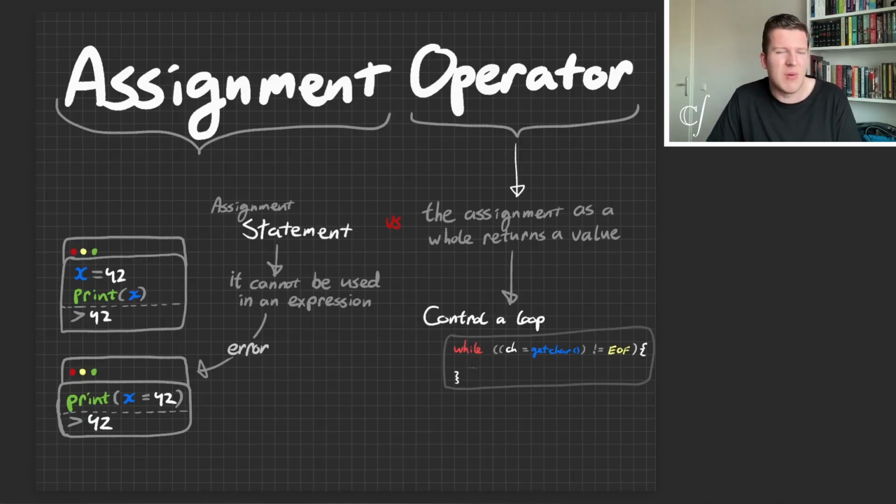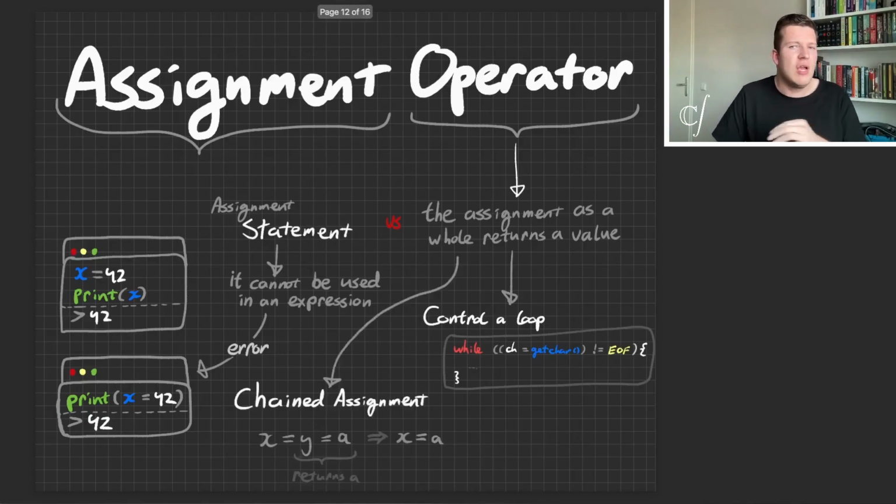Although some people don't like this in terms of code standard styles and stuff. But another thing that you could do is chained assignment. You may have known or may know that a lot of programming languages implement this, like x equals y equals a, and then x, y, and a all have the same value. This is actually already implemented if assignment is an operator without any extra things in the compiler,